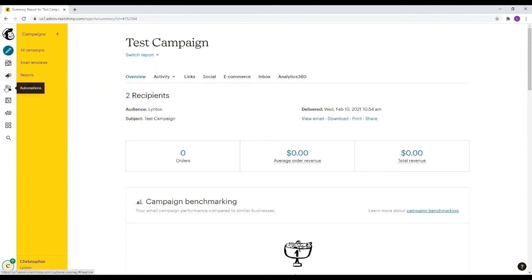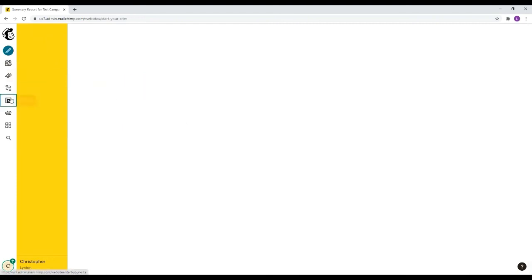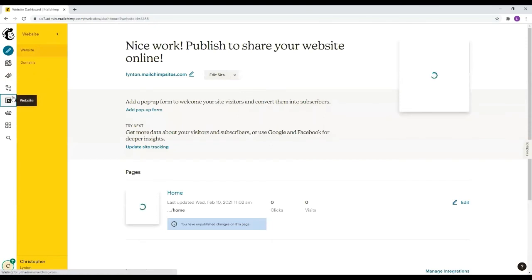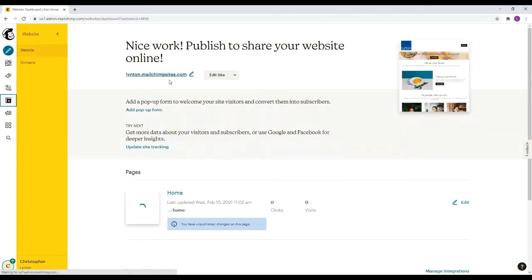So we'll just go through the last kind of important features. On the left side, in that menu, you've got the website. Now we've linked ours to our tolinton.co.uk website, and so it does actually create some content that you can use within your emails as well, automatically, by using images and text on your website. That's something that's definitely worth doing. That could save you some time.